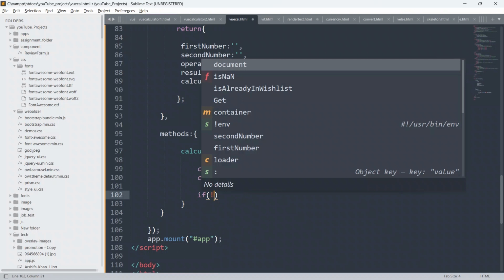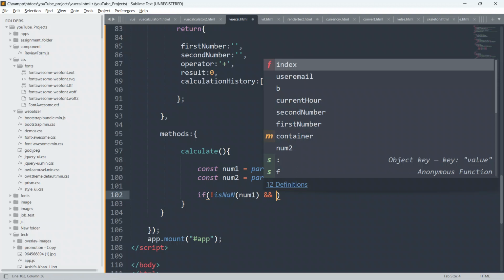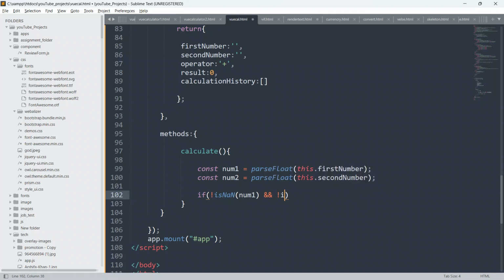So I'll say negation of isNaN, is not a number. I will pass this first number as a parameter to isNaN, and I'll check again. So I'll say negation of isNaN to this second number.